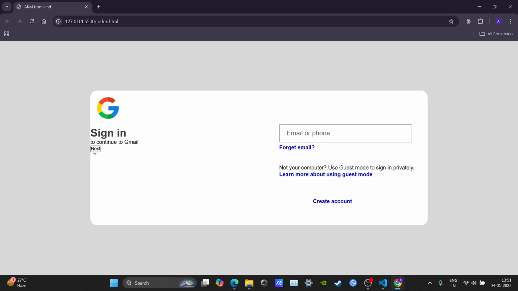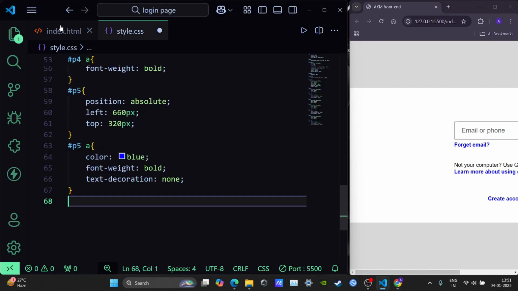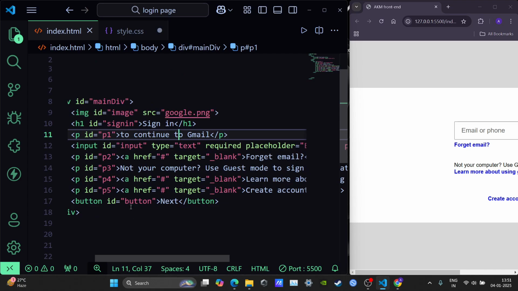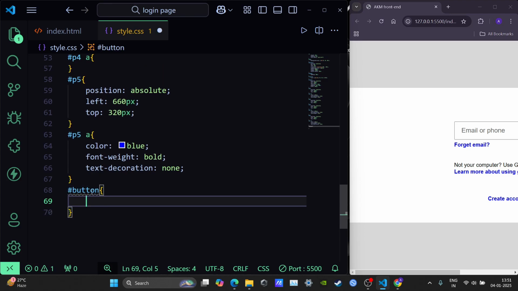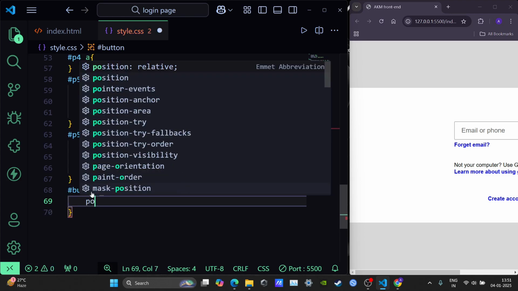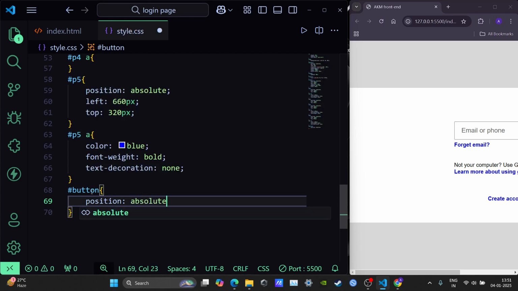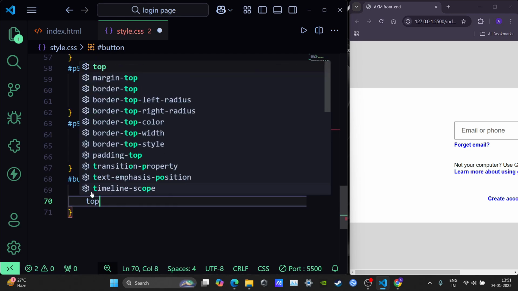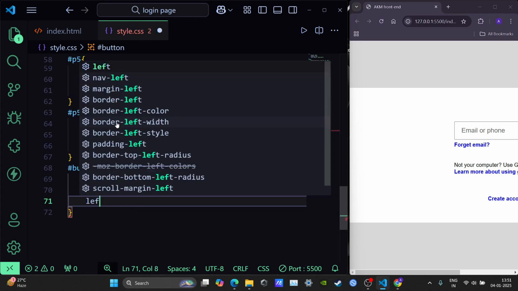Okay, now we need this button over here. So let's select our button. We gave the button an ID of hashtag button, right? So I will select using hashtag and I will select button. Okay, firstly I will set the position of button to be absolute. Okay, the coordinates are same. From top it is same 320 pixels, but for left it changes